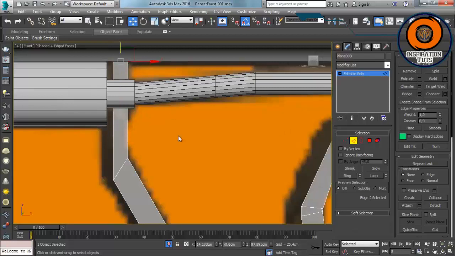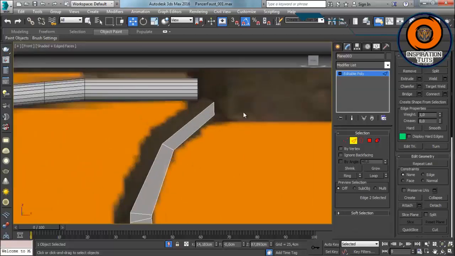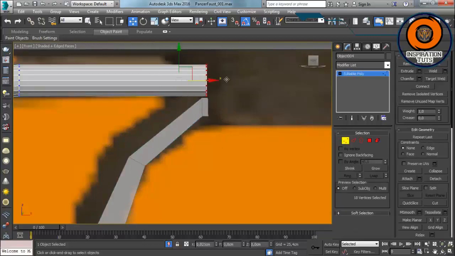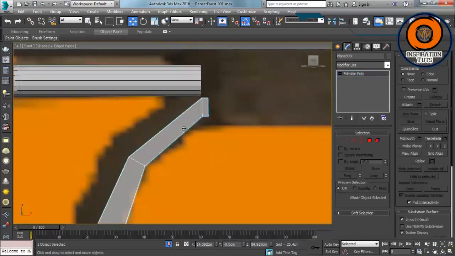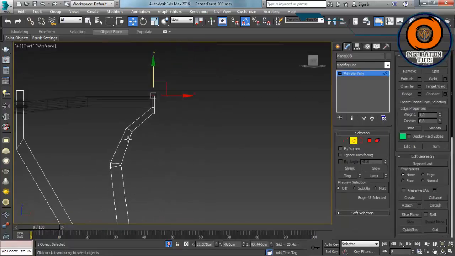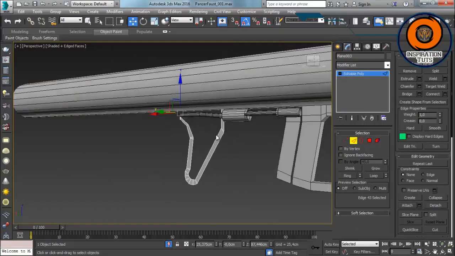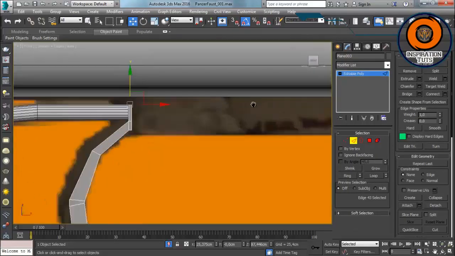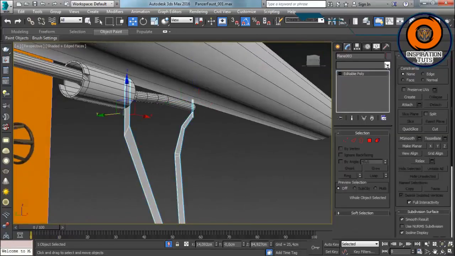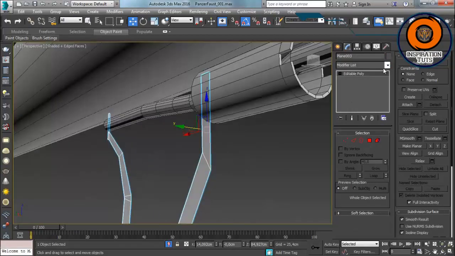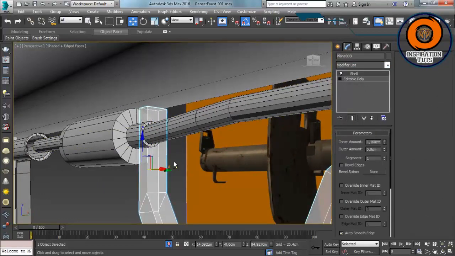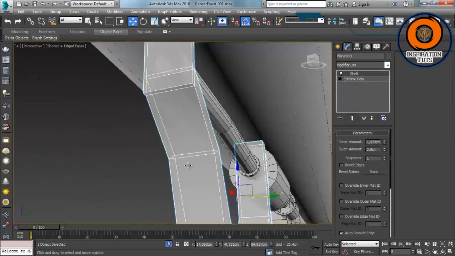Okay, we're trying to maybe push this one up a little more and see where this fits and where it should go. Maybe we're gonna extrude this edge up there and push it up a little bit like that. Okay, somewhere like that. Okay, we're doing fine. All right, we're gonna have to apply shell modifier, because shell modifier is gonna give our